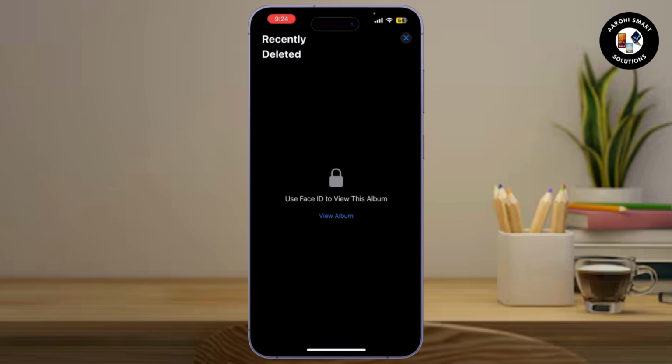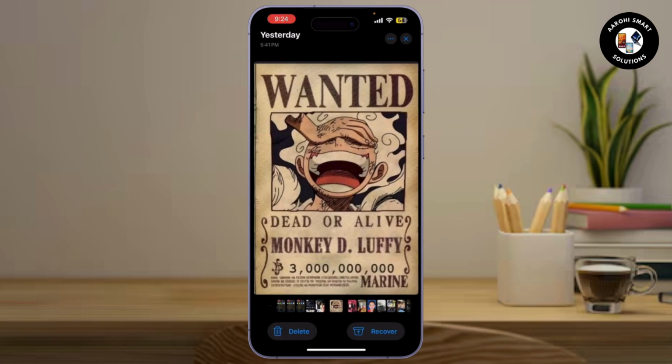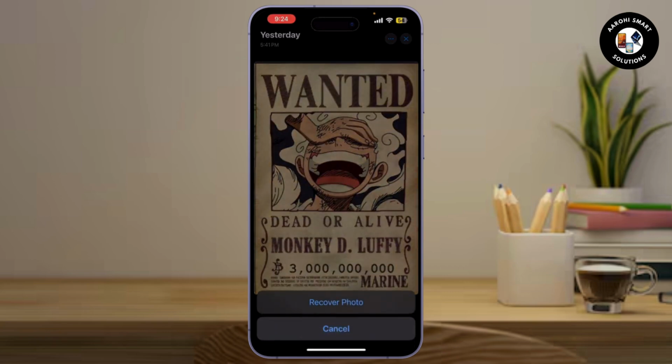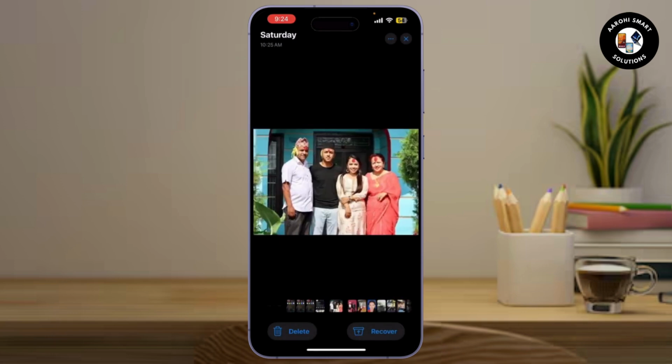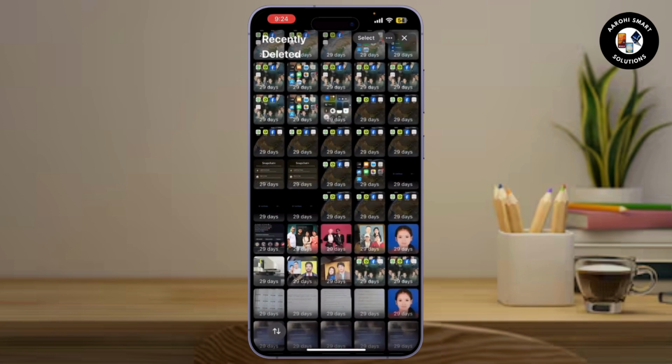If you see the pictures you want to recover, tap Select in the top right corner, and here you can find the Recover option. Simply tap on Recover Photo, and that is how you can restore them back to your main album. Now, if your photos are not in the Recently Deleted folder, you might still have a chance